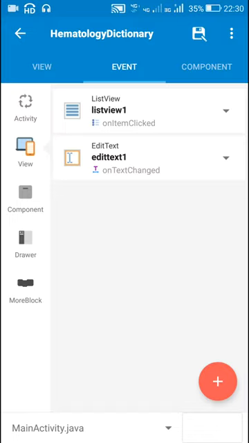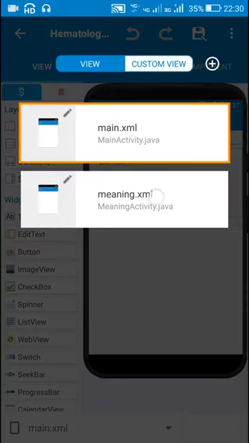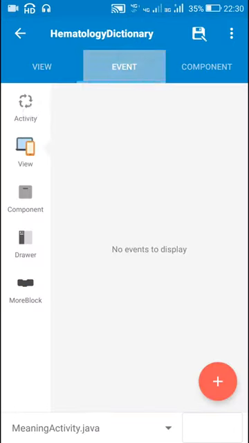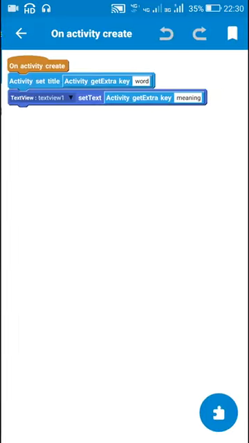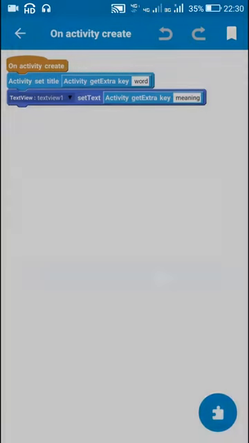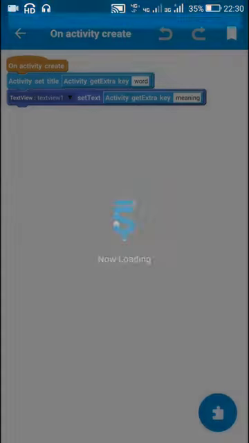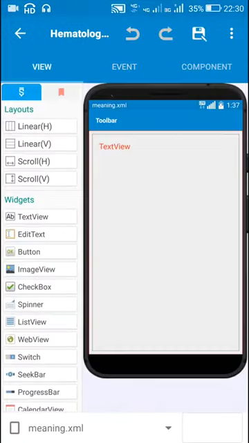This will open the meaning activity. Let's go to meaning activity. In meaning activity, in on create event, I set the title of activity to the word, and I display the meaning in text view 1, and that's all that is required.